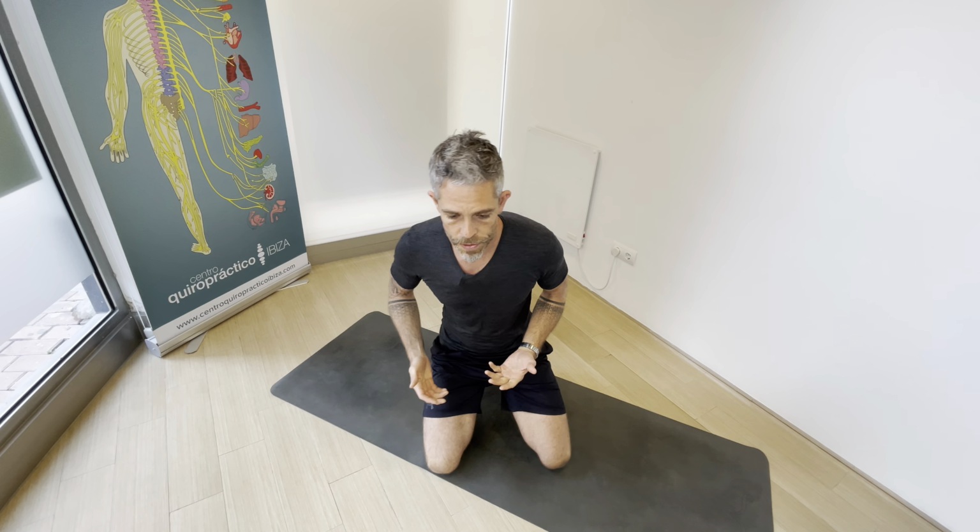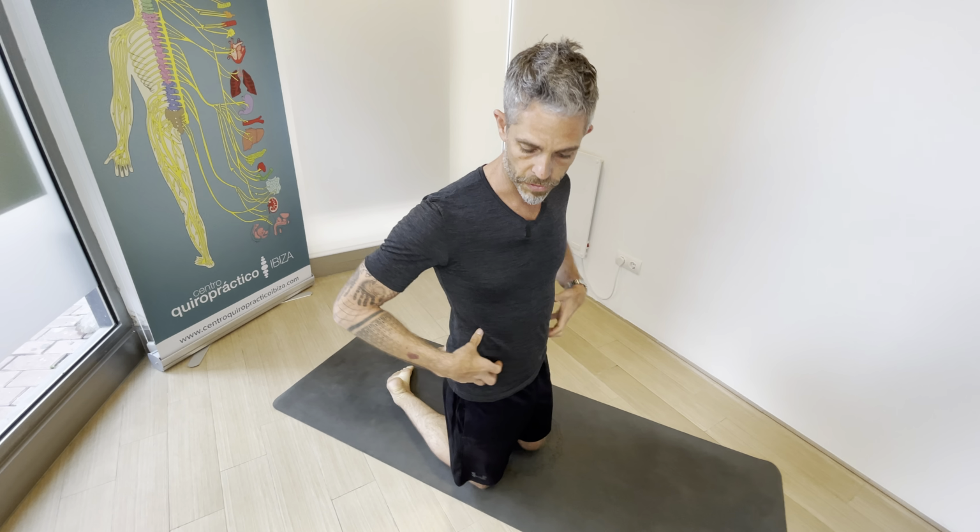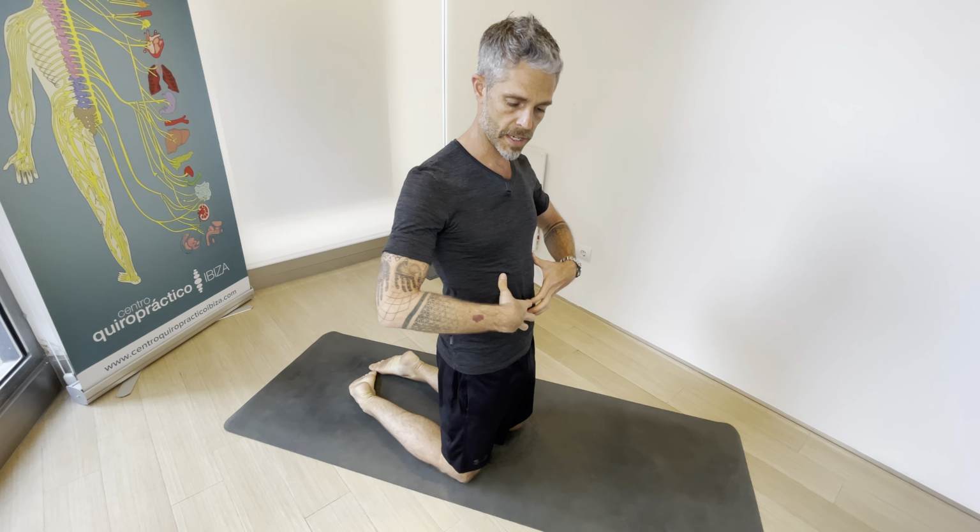Okay, so today what we're going to do is a second phase for lumbar pain, lumbar problems, and it's more after the initial sharp pains have disappeared and reduced, and it's about strengthening the area. A lot of back pain comes from weakness as well. So what we're going to start doing is activating what's called the transverse abdominis muscle, which is the interior